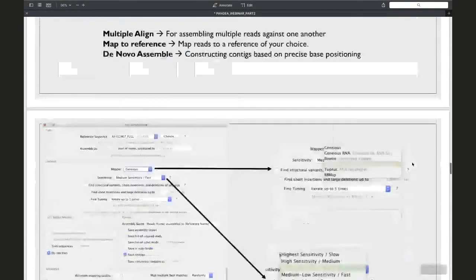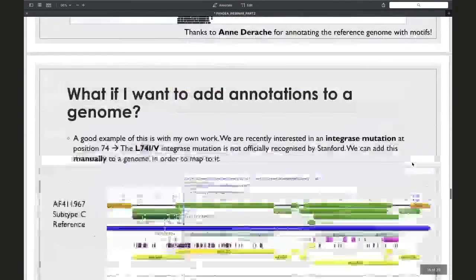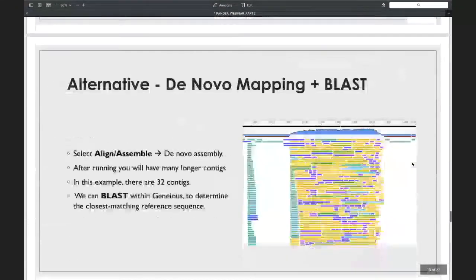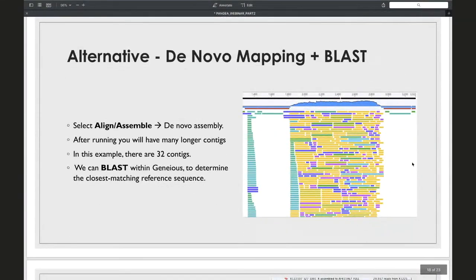What that will then do is build lots and lots and lots of contigs or scaffolds, and then you can blast those to see what they most closely map to, or you can try and do a multiple alignment, but that doesn't always give the best results. So I think the best thing to do is find one of your longer contigs, blast it. You can do that inside Geneious as well